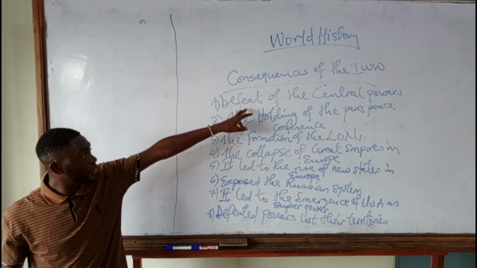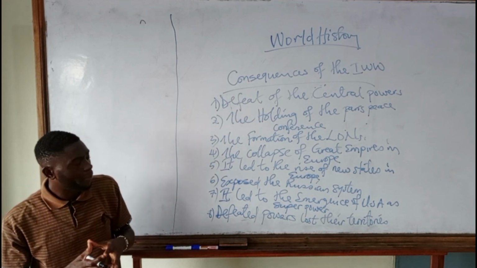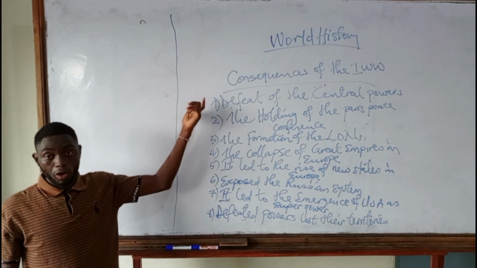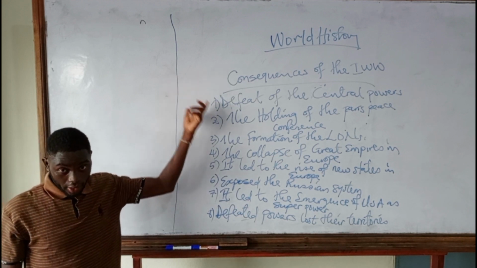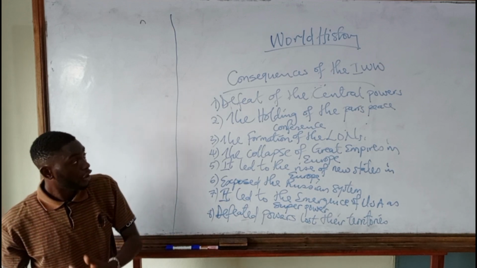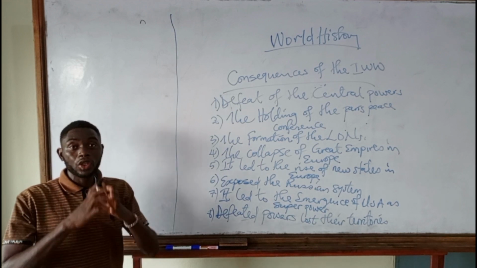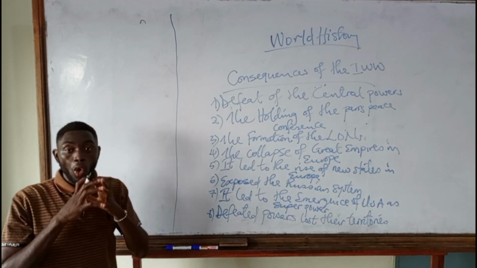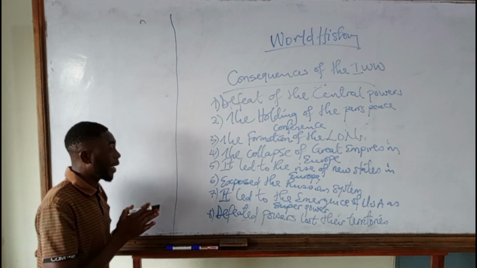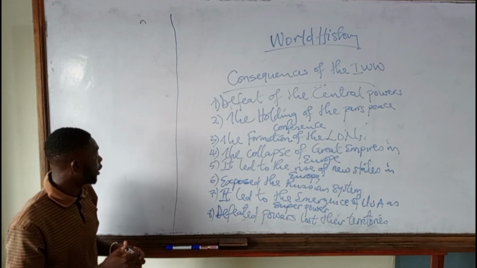The first we have is the defeat of the Central Powers. Who were the members of the Central Powers during the First World War? We have Germany, Austria, Hungary, Turkey, and Italy that was with them. They later left and joined the Allied forces. So the first significance of the First World War was that the war led to the defeat of the Central Powers, whereby on the 11th of November 1918,